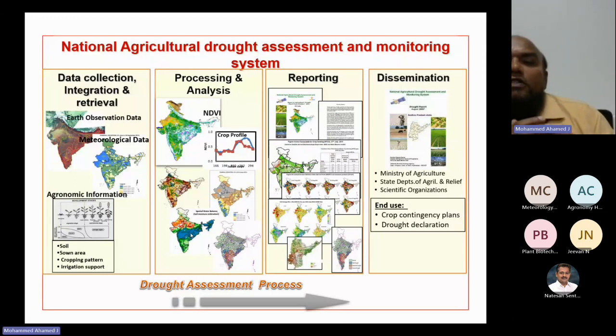So once this technology got matured, it got transferred to MNCFC, in the year somewhere around 2011 and 12, and later further improvements have been happening, because going from qualitative to quantifying this agricultural drought is a very long process, and a lot of improvements keep happening, and several such improvements have happened, both in Kharif drought assessment and Rabi drought assessment, and in Rabi drought assessment incorporating the